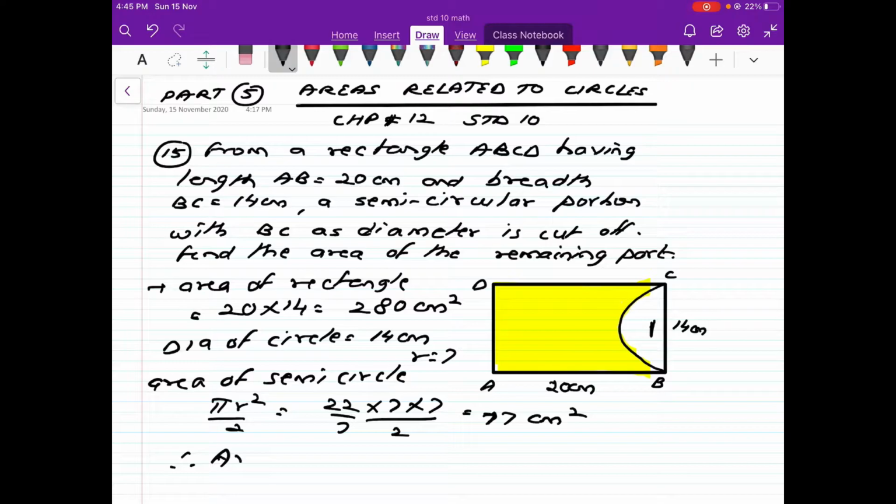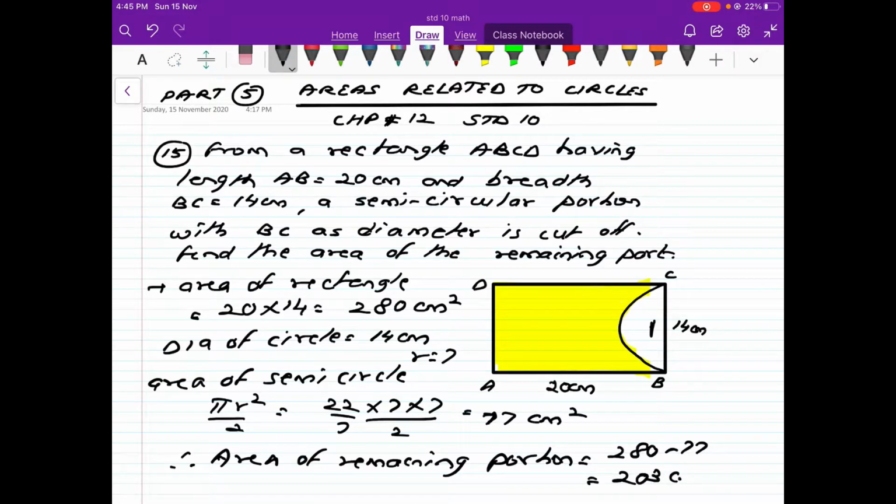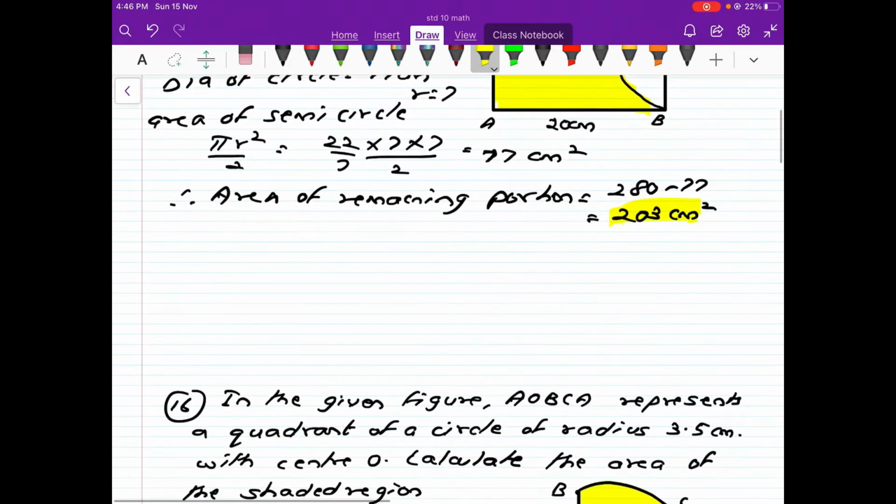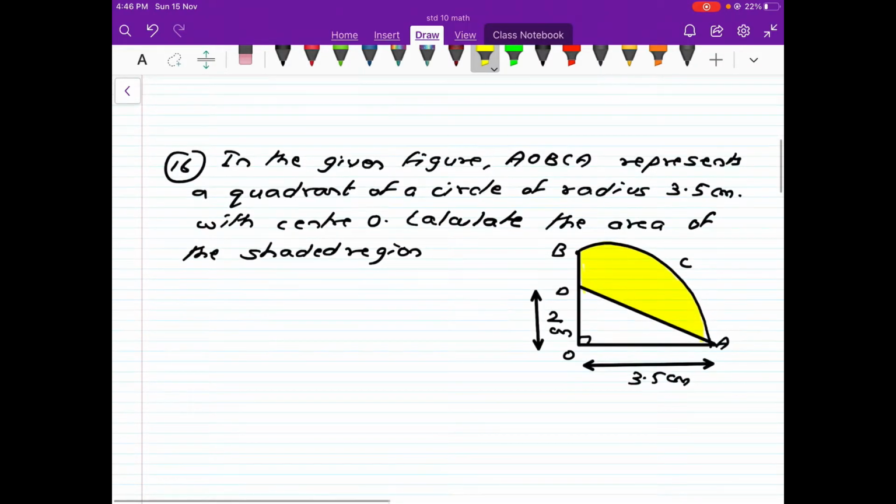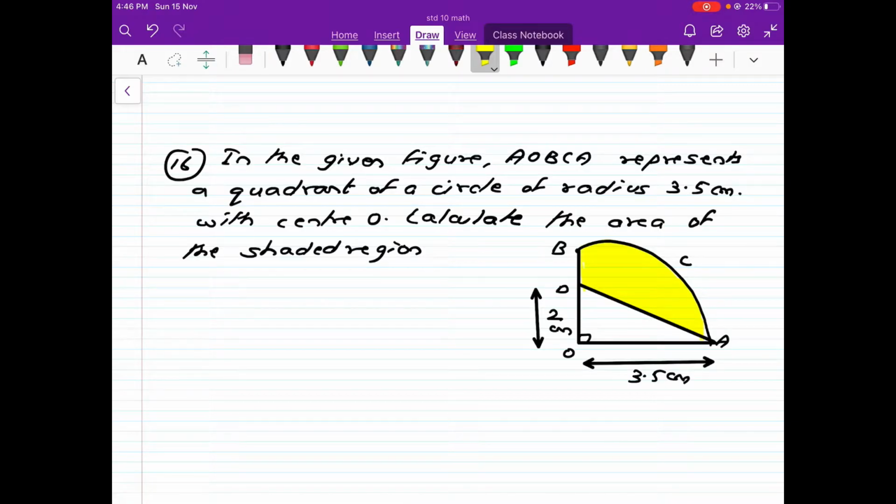Therefore the area of the remaining portion will be this 280 minus 77, means 203 centimeters square. So that's the answer. So going forward, the next sum, the 16th sum: in the given figure AOBCA represents a